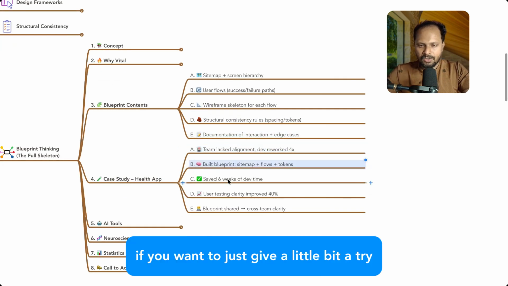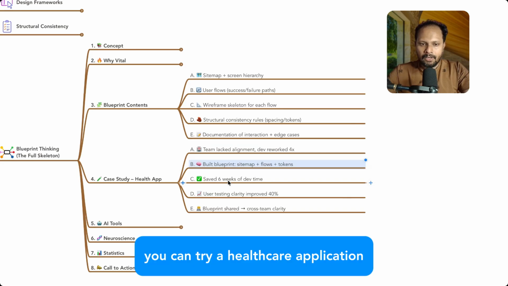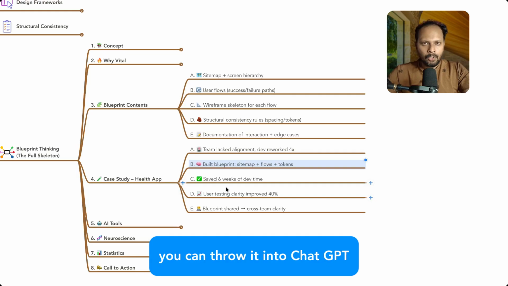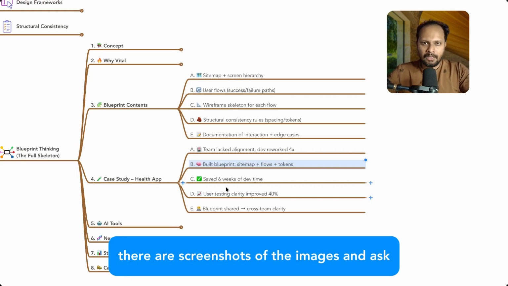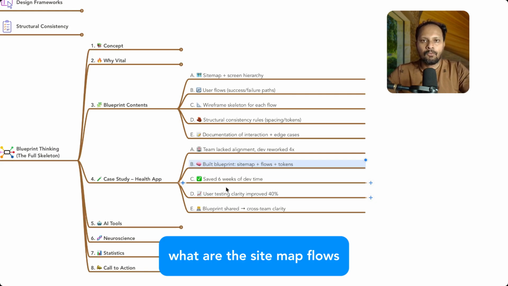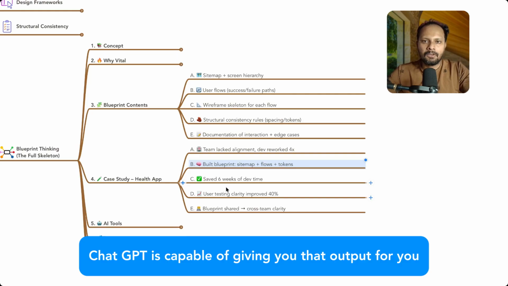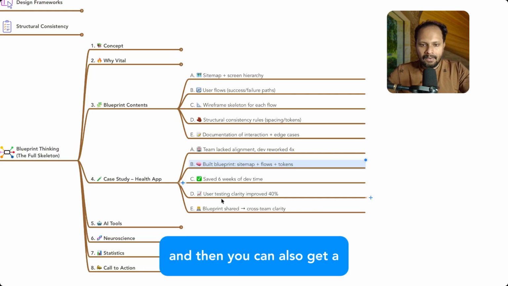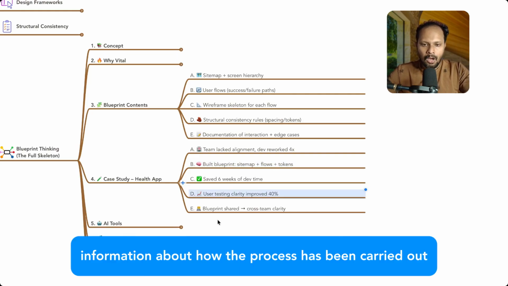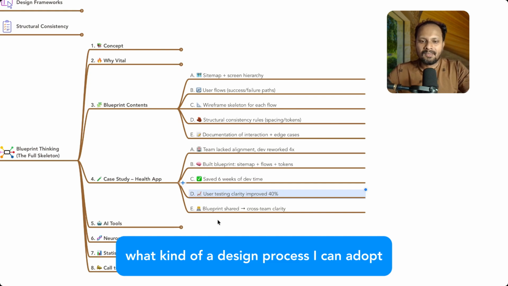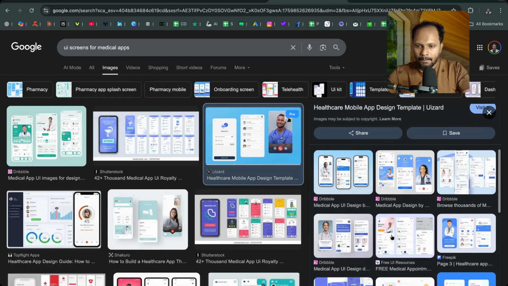Just in case you want to give it a little bit of a try, you can try a healthcare application. You can download it from online and you can see how well they have created a blueprint for it. You can throw their screenshots into ChatGPT and ask what are the sitemap flows and what is the exact information architecture. ChatGPT is capable of giving you that output. And then you can also get information about how the process has been carried out. What kind of testing method could be done? What kind of design process can I adopt? So this kind of,